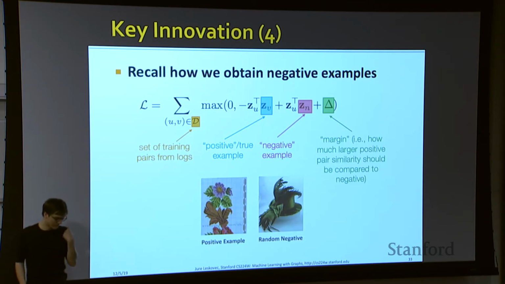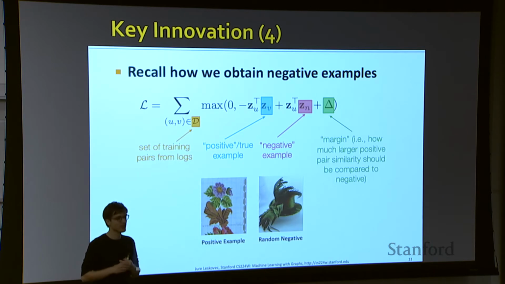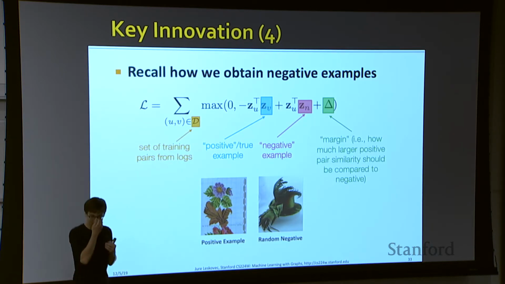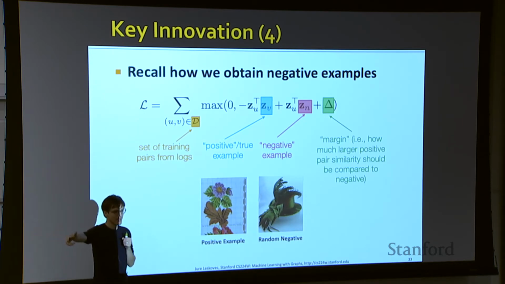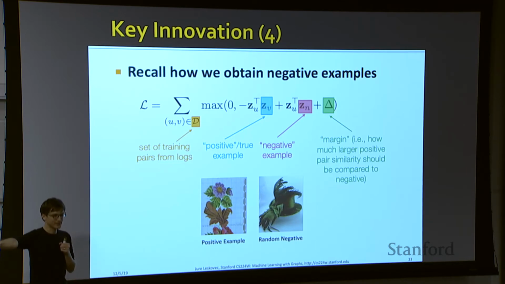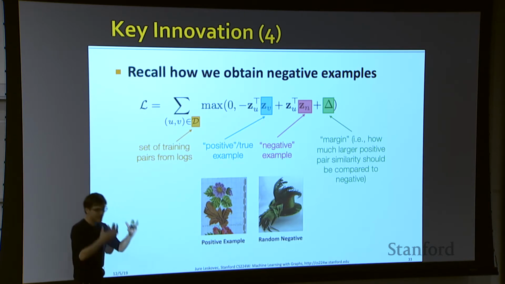But when we retrieve in the deployment, all we care about is what are the top 100 closest objects, right? So in some sense, I have a query point, and then I measure the distance to every other point. But I will never care whether the point at rank 1 million is more relevant than the point at rank 1,000,010. All I care about is the top 100. And then for the rest, I couldn't care less. I don't care whether something that should be at rank 2 billion is now at rank 1 million. It's like infinitely far for me, I don't care. But what I really care about is the top 100, because I can take the top 100 and show them